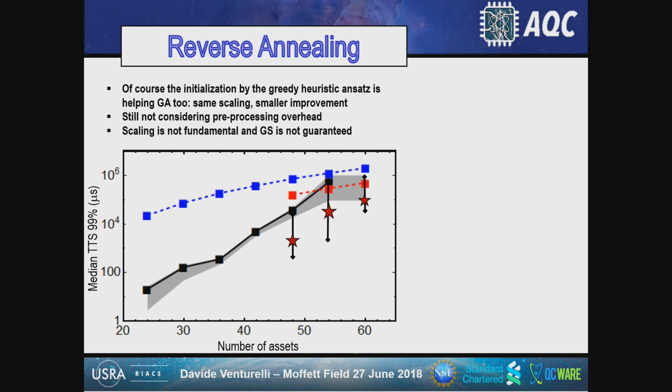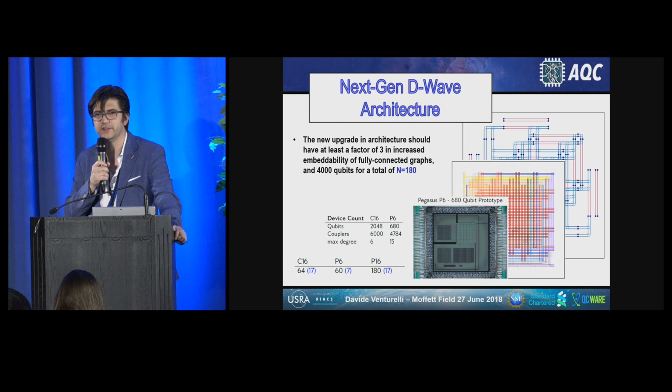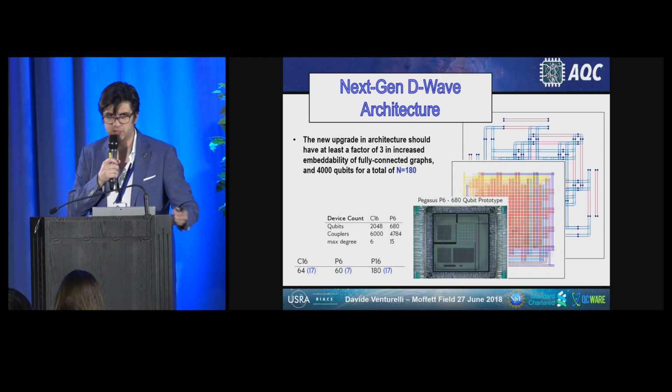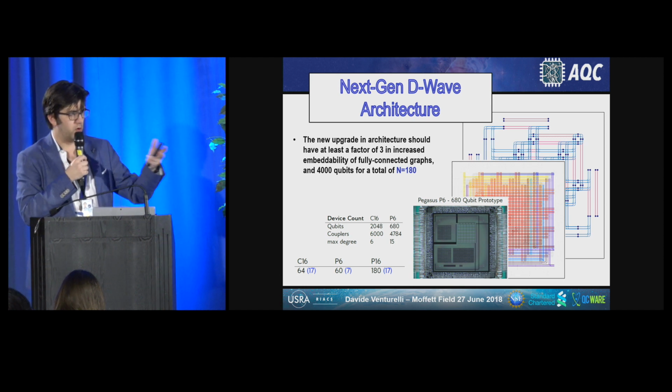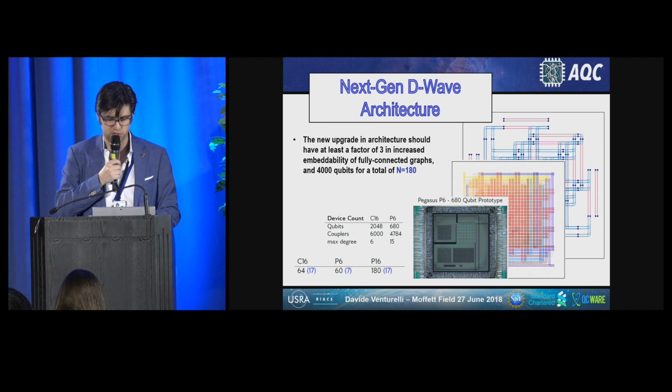So it's still very subject to all the precision issues that have been elucidated by also Helmut and Daniel in the previous talks. However, we're very excited about the next upcoming machine with the Pegasus architecture, which will allow us to push this test to n equal 180. Which will be certainly in a regime where the scaling will be more significant, and also to use error correction potentially so that we can run up to n equals 60, but with error correction, error suppression structures in the